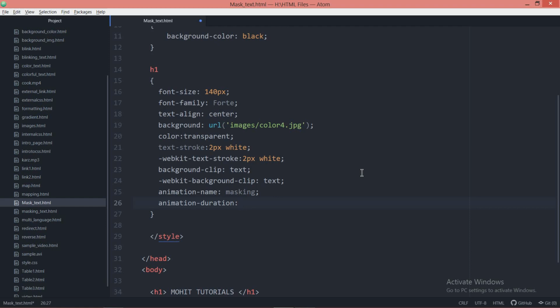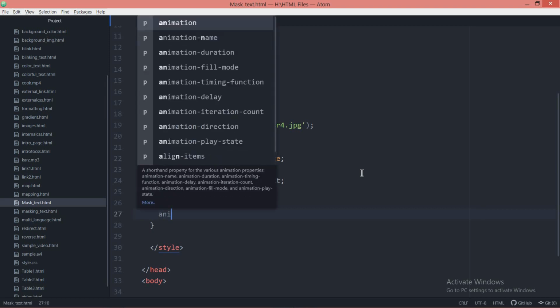I want to run this animation for 5 seconds. Now you can see when your animation plays, it will play only once, and then after that it will stop. But I want your animation to repeat infinite times, so that it repeats automatically. You need not manually refresh the page.